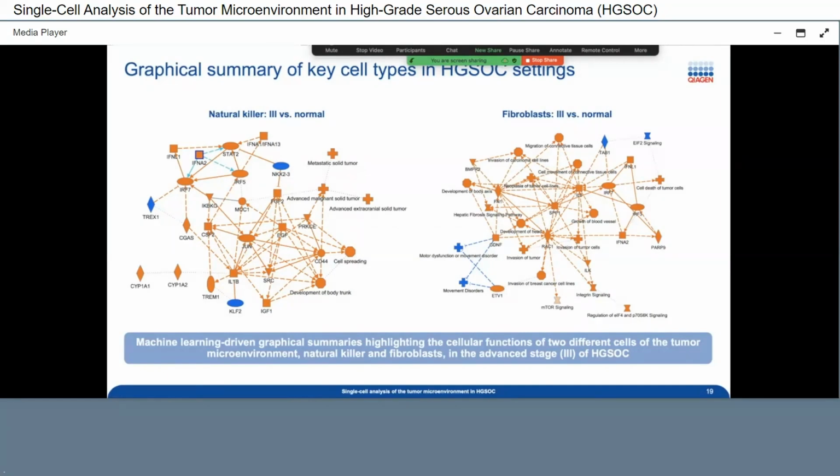You can see that the cellular function of natural killer and fibroblasts match well together to promote that environment of high-grade serous ovarian carcinoma. Very important gene, EGF, CD40, some interferon pathways are involved, but also fibroblast, fibrosis, which is induced, and so on. So these are very nice features you have in IPA that in a matter of seconds, looking at the data, say, okay, I know what's going on now.